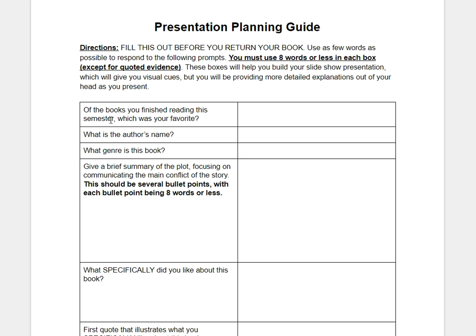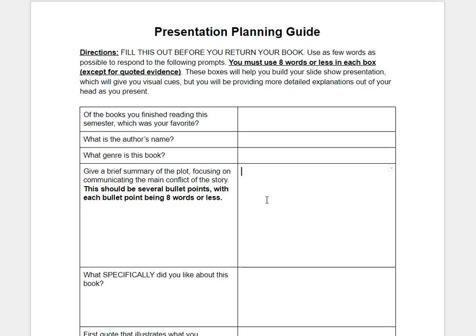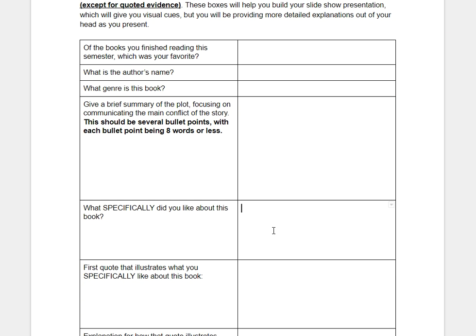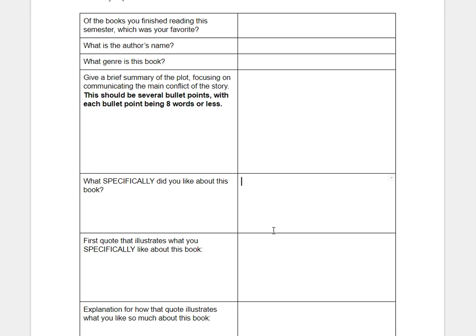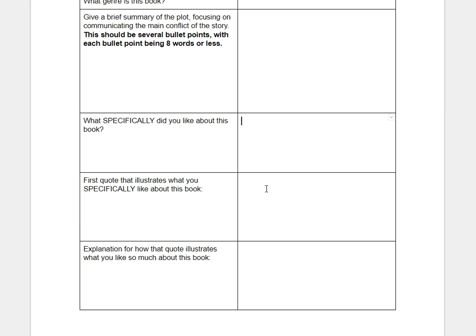Of the books you finished this semester, which one was your favorite? What was the author's name? What was the genre of that book? Give me a summary. What specifically did you like about this book? Now, this is where we're getting into what did you like about this, and then you're going to have hunted for different quotes that illustrate, 3 in total, 3 quotes that illustrate whatever it is you like so much about